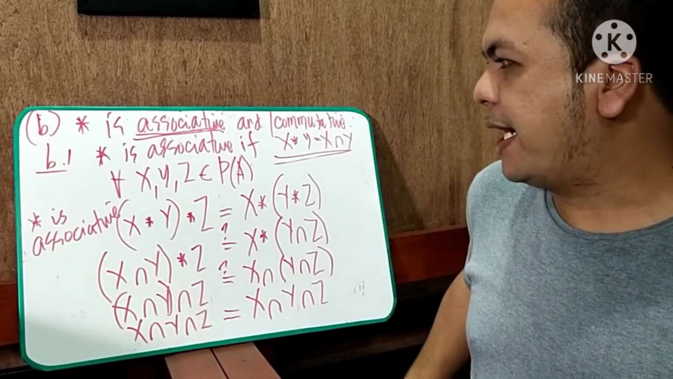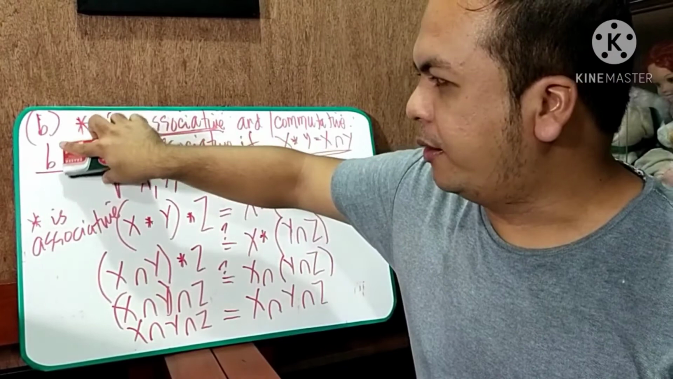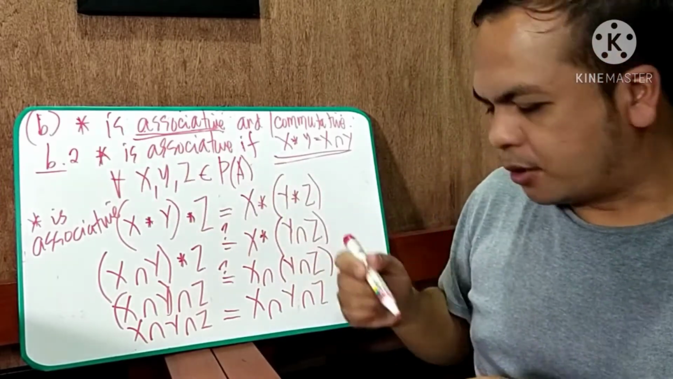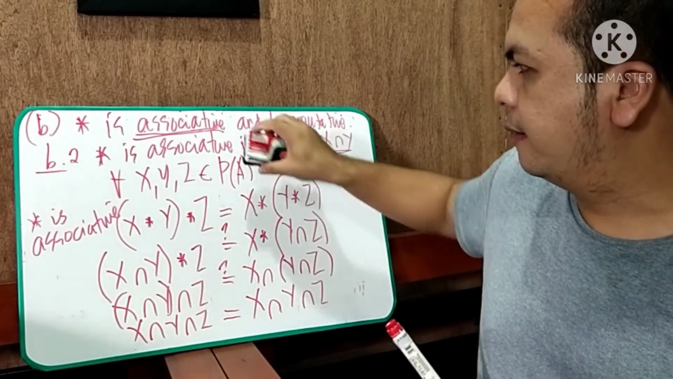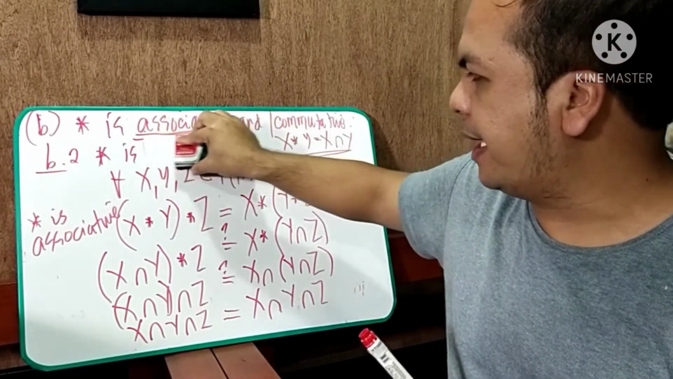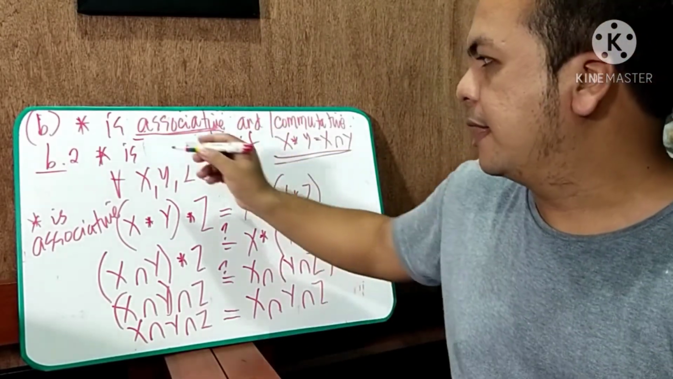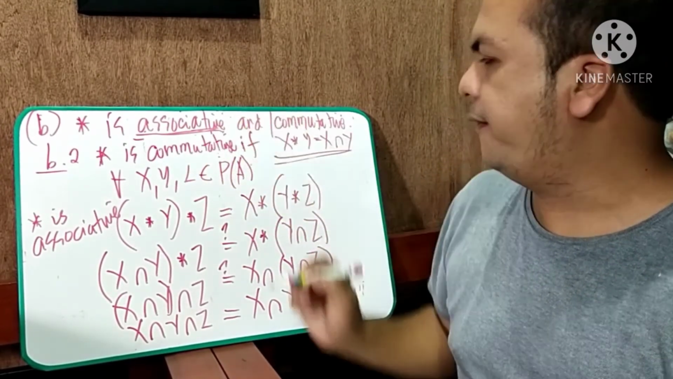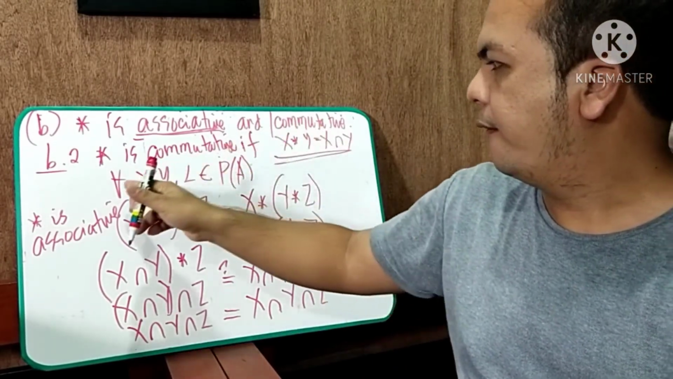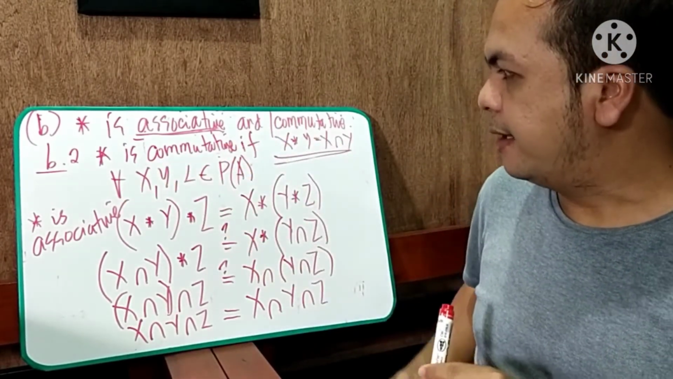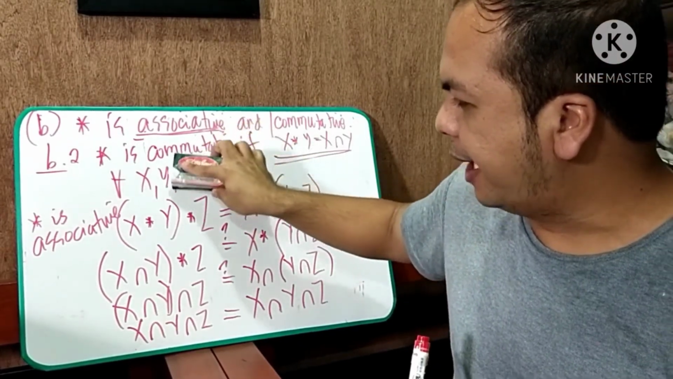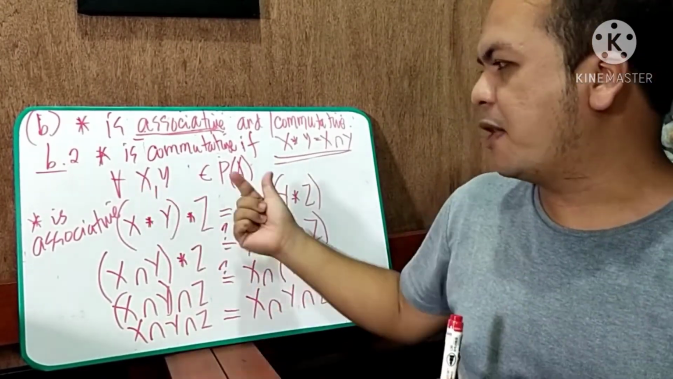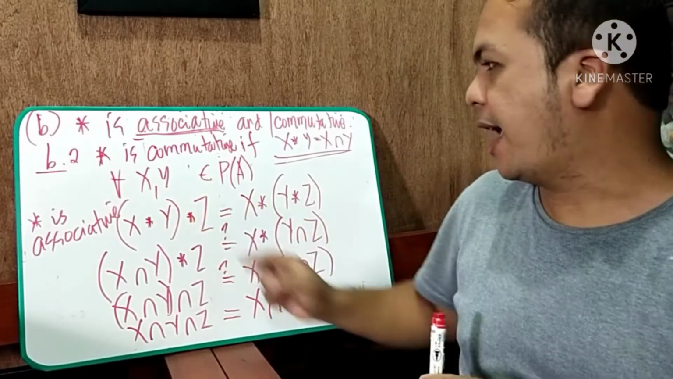Okay, commutative. Ngayon, paano natin maipapakita na yung binary operation star is commutative? Okay. Again, balikan natin, gawin natin B.2 na ito. So, B.2, star is commutative. Okay, balikan natin yung definition ng commutative. Commutative if for all x, y, so tanggalin natin isang element ng P of A, dalawa lang ang kailangan natin, no? At least na elements ng P of A. For all x, y elements of P of A,